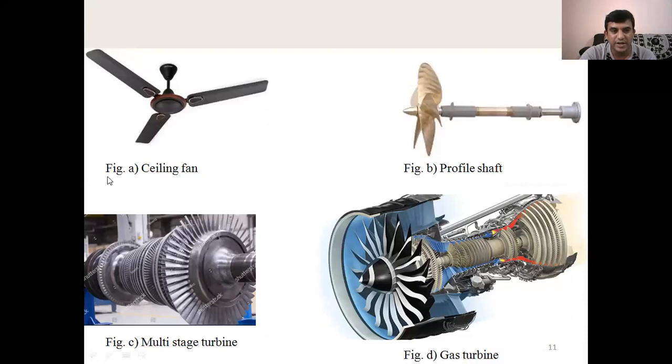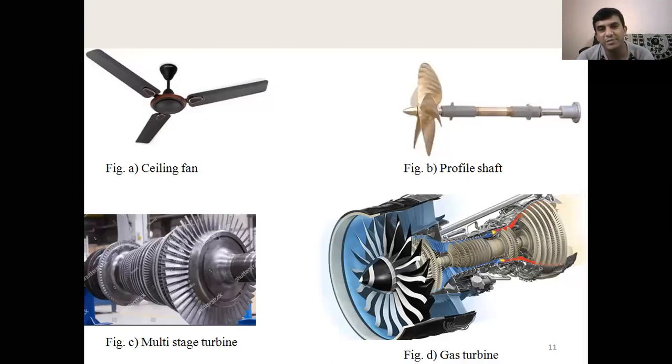So you can see the figure here, the ceiling fan. Now which case will it come under? Ceiling fan, which balancing of rotating masses: case number 1, 2, 3, or 4? Balancing number 3, sir. What is the case? Balancing of several rotating masses rotating in the same plane, right? Yes.